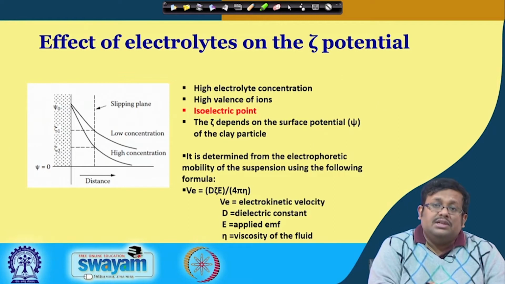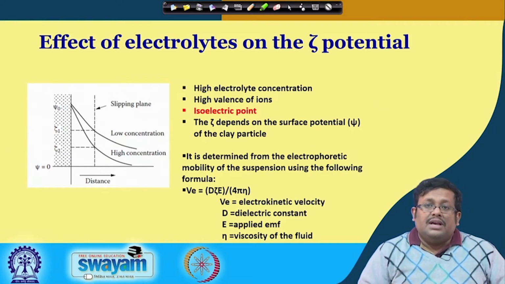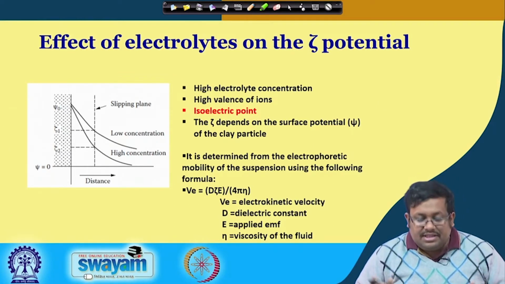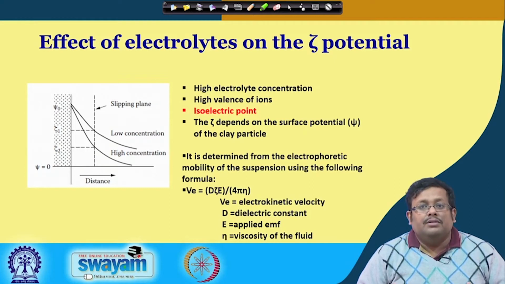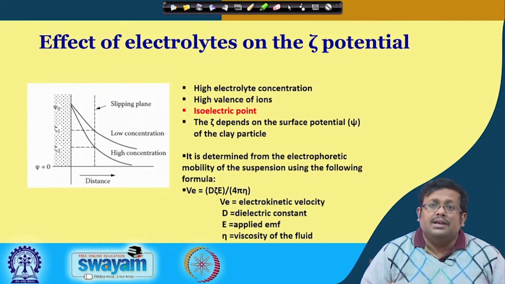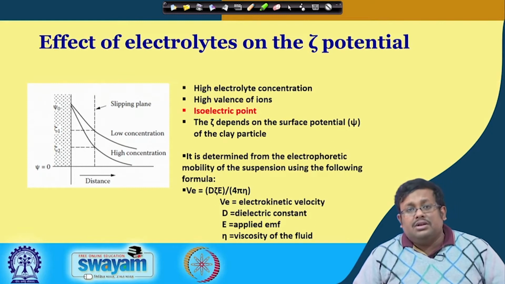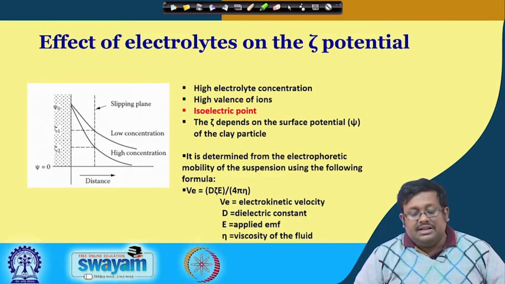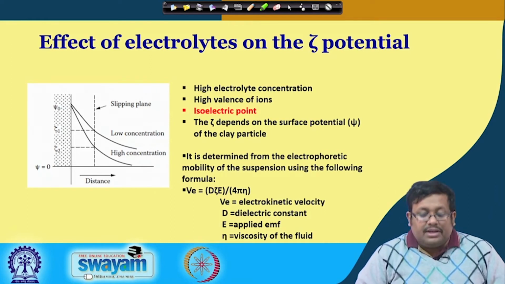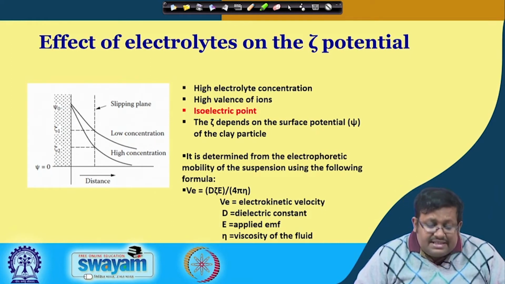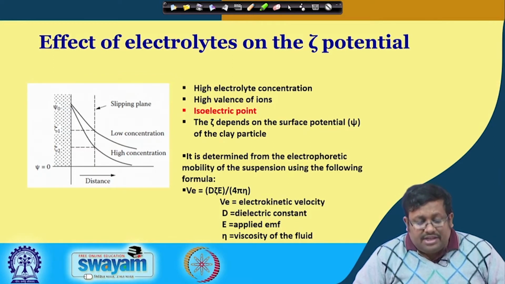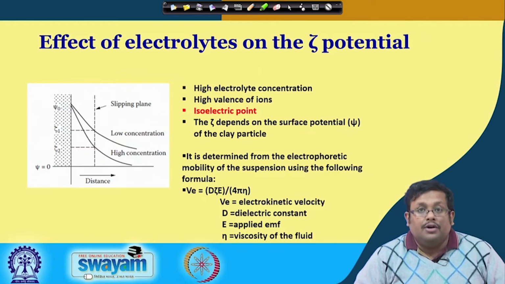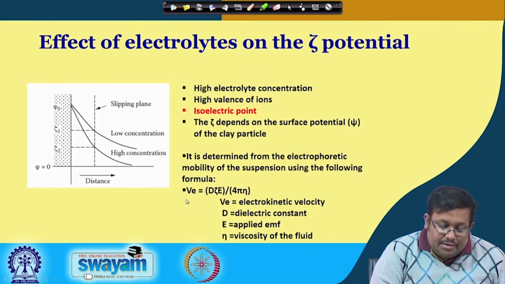Now, at the isoelectric point, the critical level, the zeta potential reaches a certain value where the clay particles cannot remain suspended in the solution and they coagulate. The zeta potential depends on the surface potential of the clay particles, and it is determined from the electrophoretic mobility of the suspension using the following formula, where V equals